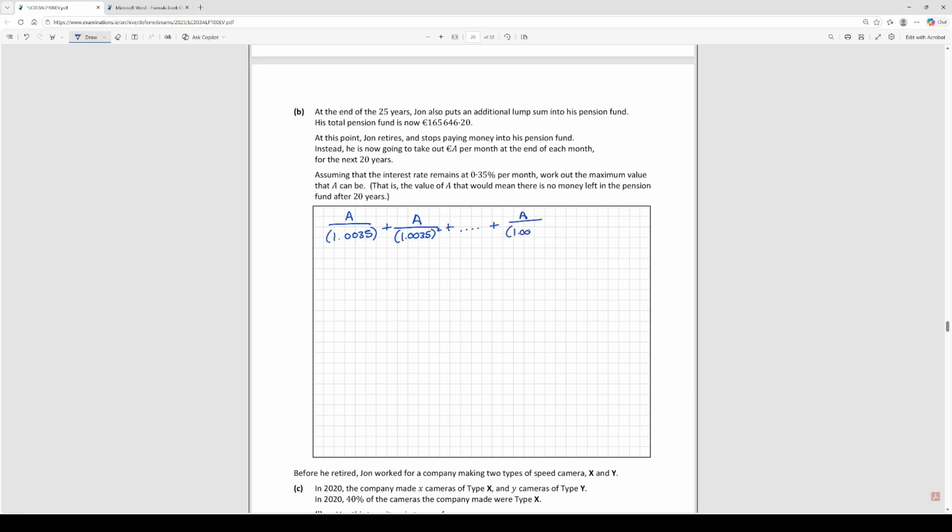We have 1.0035 to the power of, so what is it, 20 years? Here they didn't tell you, right? 20 by 12 is 240, so it'll just be 239. And then his very last payment, we'd have to undo 240 months' worth of interest to find out how much he needs now for it. And all of that should be equal to, if we add it all together, to